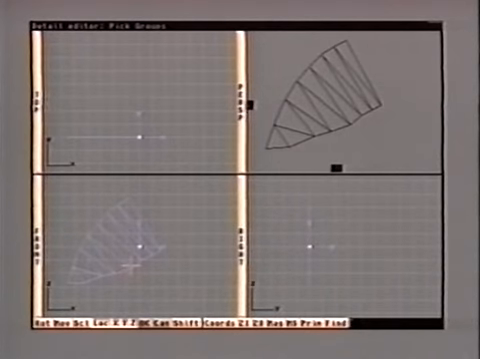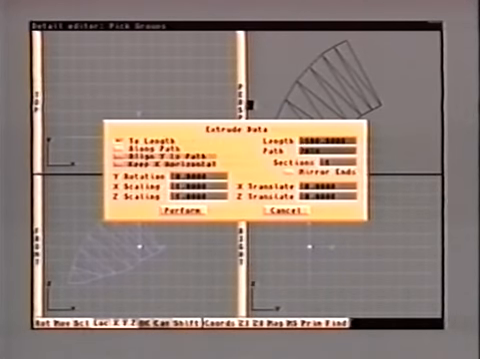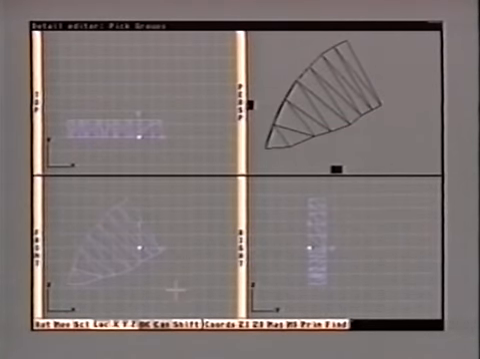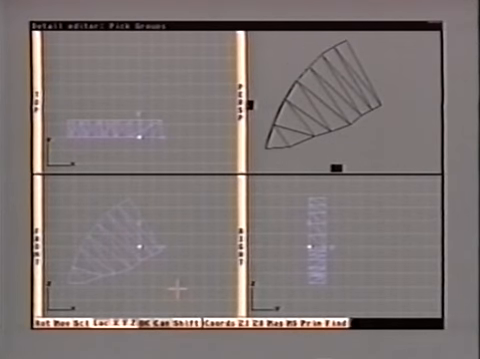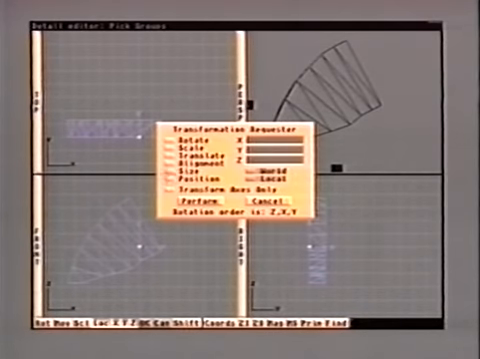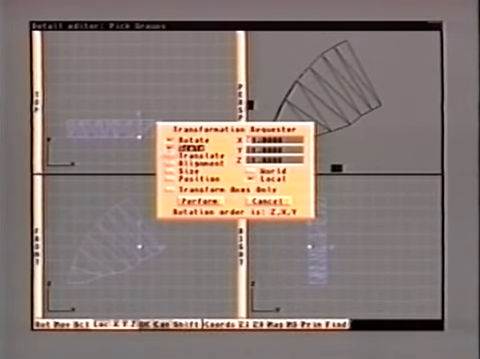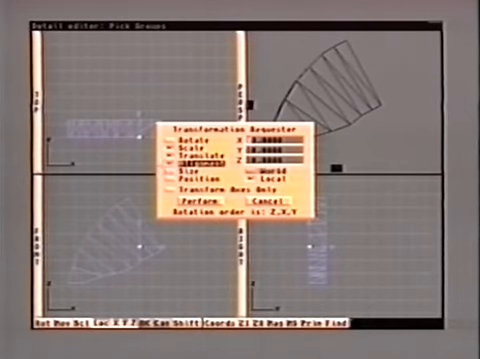So you'll bring up your mode requester. Let's go to Extrude. We'll choose 25. We've now extruded. Another requester we haven't touched on is the transformation requester. You bring it up by using right Amiga T, and it's from here we can rotate objects, scale, translate, adjust alignment, size, and the position,